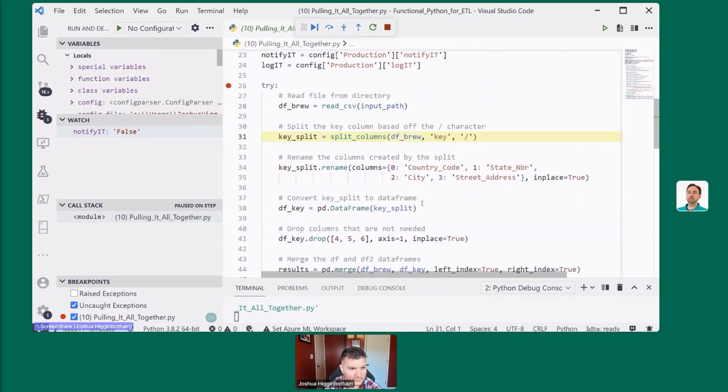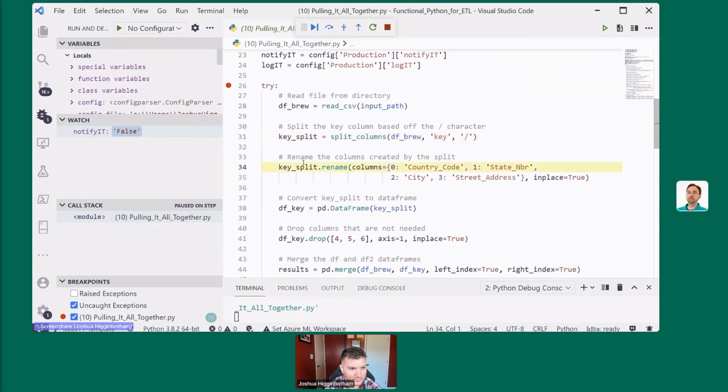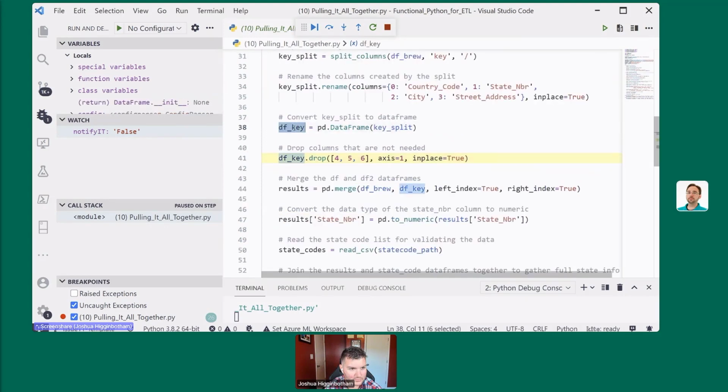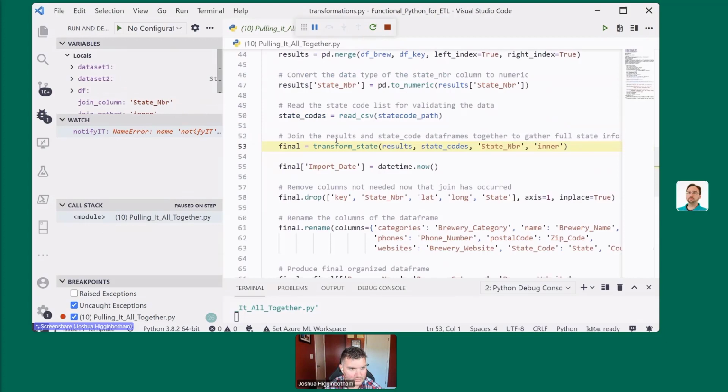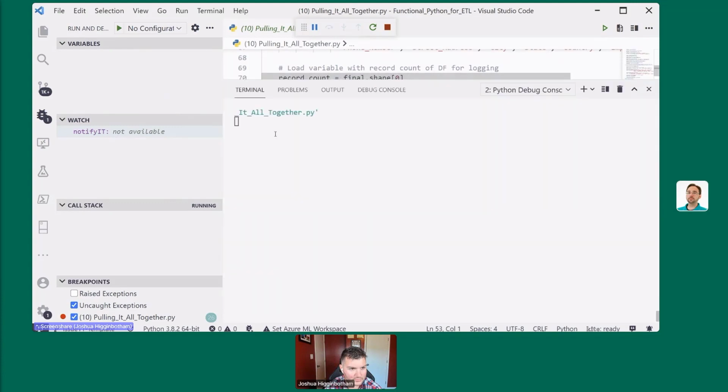So we'll step through this. We get into our split column, so we're going to split off the / column. You see that hovering over that, we're splitting by that. Return to the data frame. We're going to rename these columns and create a new DF data frame for key based off this key split series that we created. This is just going over all that we went over before. I'm going to hit plus and step through this, and you'll see at the end of our terminal,